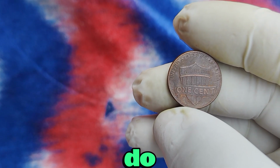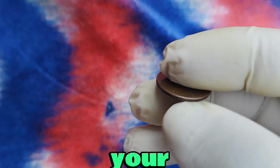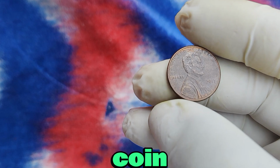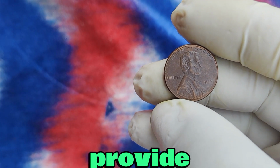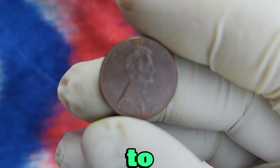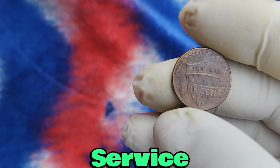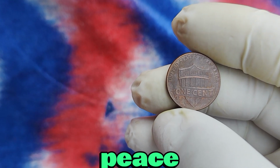So, what do you do if you think you might have a valuable 2017 P Ultra Lincoln penny on your hands? First things first, don't rush to sell it. Take your time to get it properly appraised by a professional coin dealer. They'll be able to assess the coin's authenticity and provide you with an accurate evaluation of its worth. You may also want to get it graded by a professional grading service, like the Numismatic Guarantee Corporation or Professional Coin Grading Service. A certified grade can significantly increase your coin's value and give you peace of mind knowing that